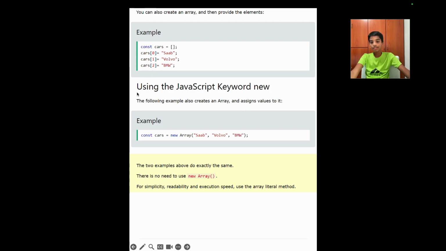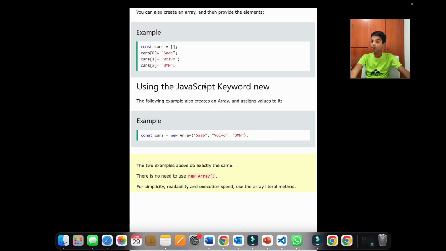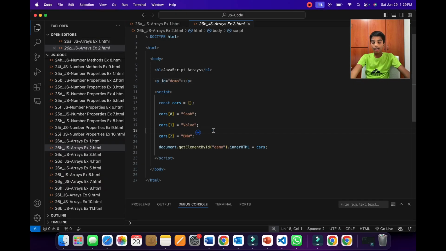But in objects it's not like that, it will only count from 1. So now let's go to Visual Studio Code to see what will happen. As you can see over here we have the code from the PPT, and then we are using document.getElementById method. We're getting the ID of demo, and then we're replacing the HTML content inside to the value of